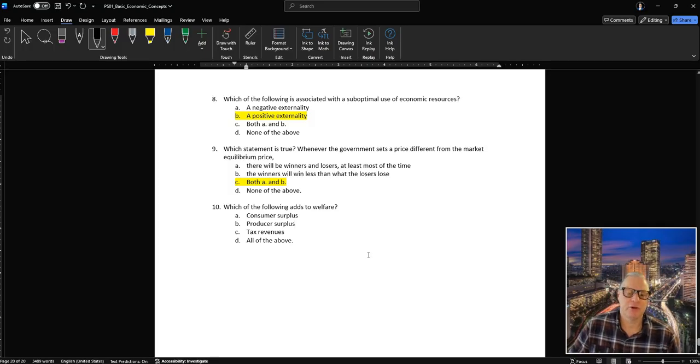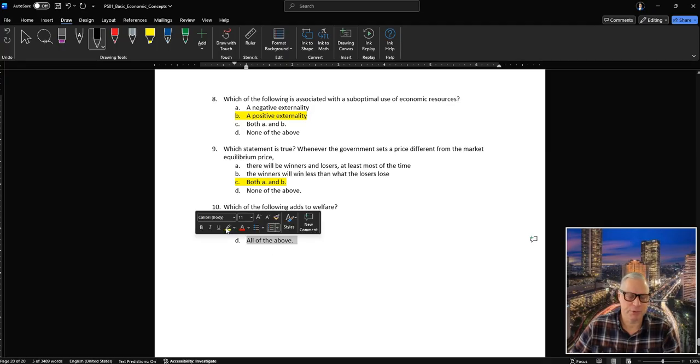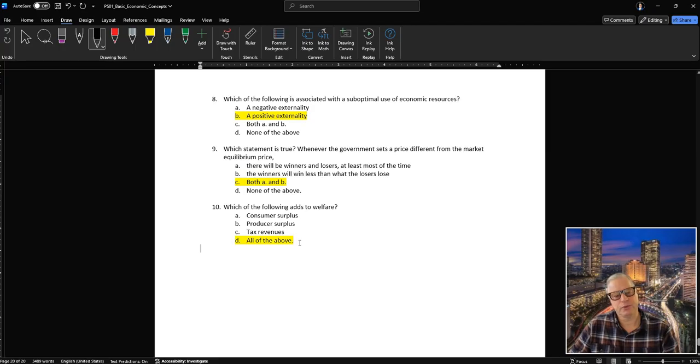So which of the following adds to welfare? Last question. Consumer surplus, of course. Producer surplus, of course. Tax revenues, of course. All of the above. And it could also be social benefits from a positive externality, but what we have to subtract from welfare would be a subsidy cost and social costs from a